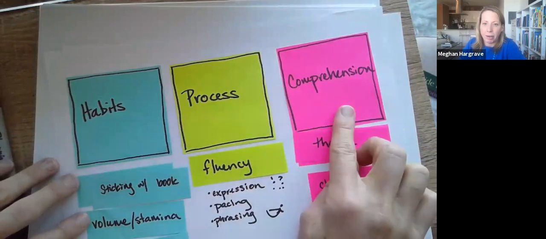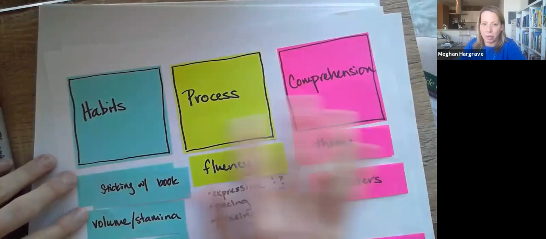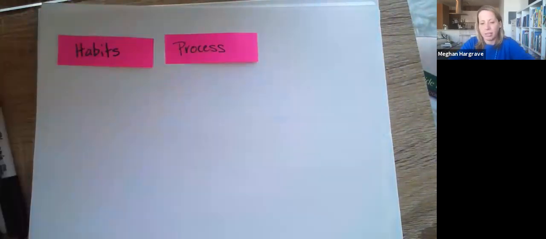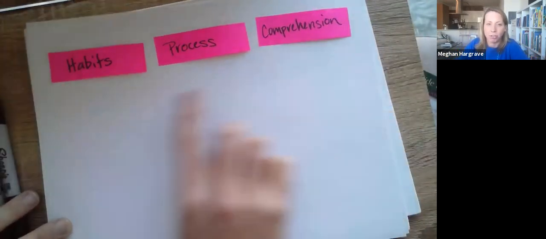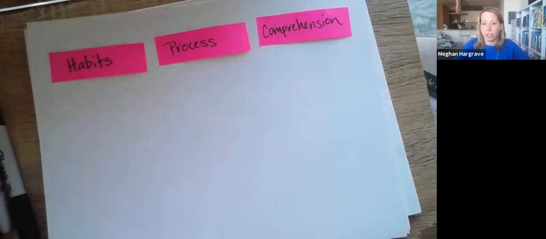And so when I was getting ready to talk to you about nonfiction today, I thought, okay, well, let's just break it down into those categories. When we think about habits, process, and comprehension, there's predictable teaching, but there's also predictable problems. So I thought I would start by naming some things for each of these categories. And this could even become a cheat sheet for you in your upcoming or current unit of things you might teach. It might be helpful even just down the road as we think about our nonfiction teaching in our classroom.